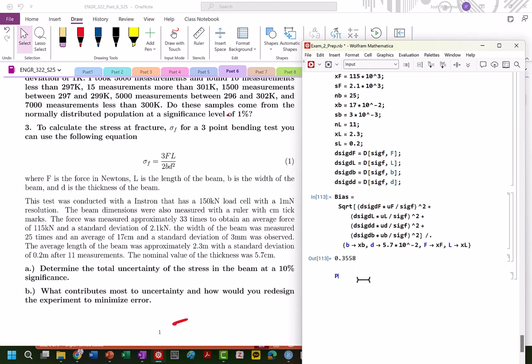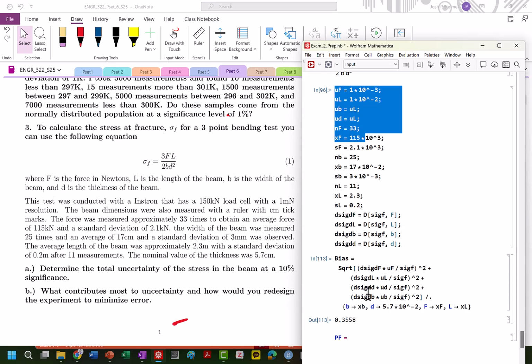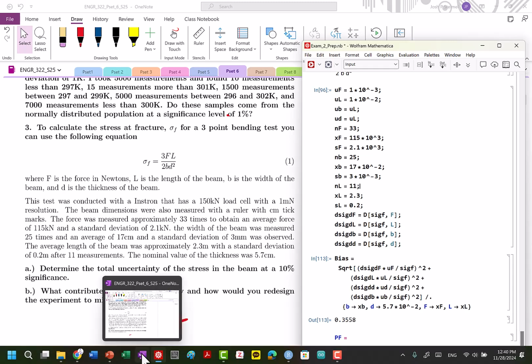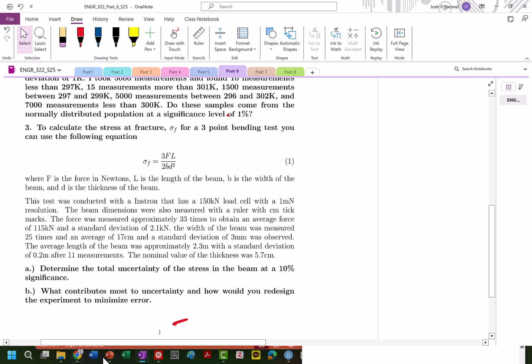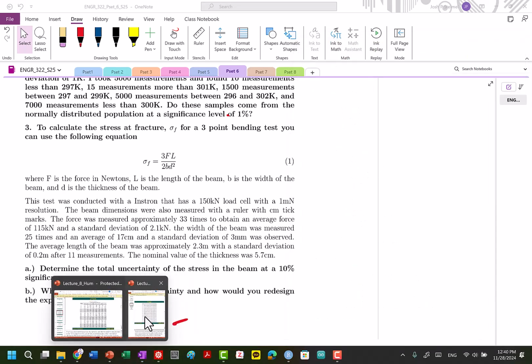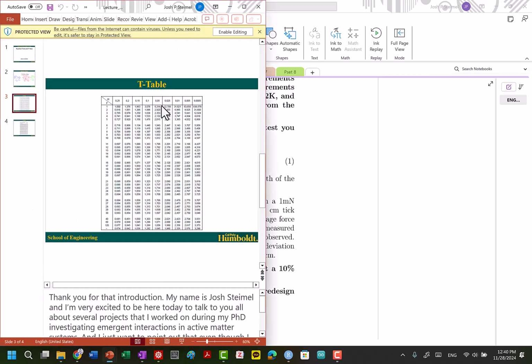All right, so precision error. The precision error that we get now, I believe so. I may have had a little adjustment there. My precision error in force is going to be equal to, now I actually have to find those values. So how many times did we measure? We measured the number of force measurements basically an infinite number of times. It looks like we're looking at 1% significance, so that needs to be 0.1, so 0.005, because it's alpha over 2. So I need to do my t value of 0.005,